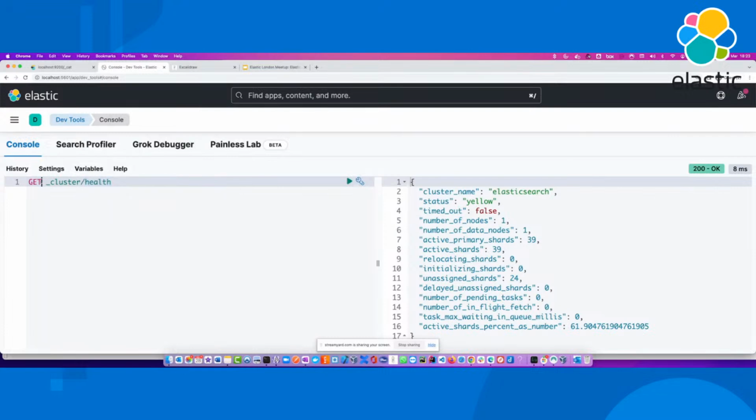As you can see, this has got three parts. One is the method itself. So in this case, the HTTP get, HTTP put, post, all those methods are the ones which are going to be invoking your APIs. And the good thing about Kibana is that it is going to hide from you where your localhost or where your Elasticsearch is running.